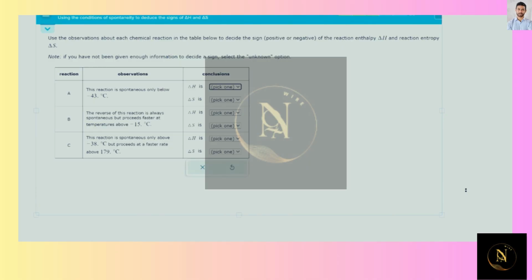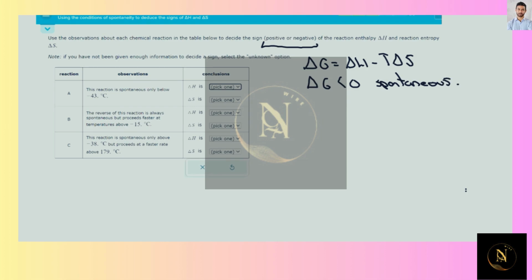Hi, so over here we're asked to employ these observations in order to find the sign of enthalpy and the entropy for the reaction. So first of all, remember that delta G for a reaction is going to be equal to delta H minus T times delta S. And for a reaction to be spontaneous, the value for delta G needs to be lower than zero. So for the first reaction A that we're going to have